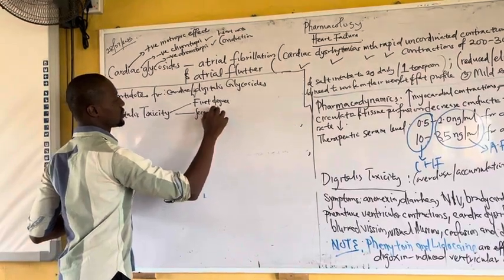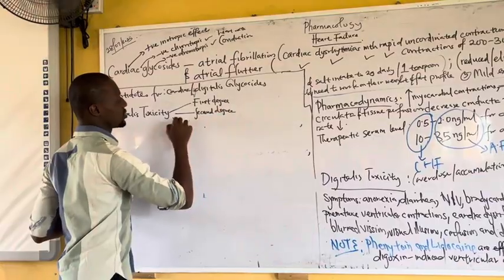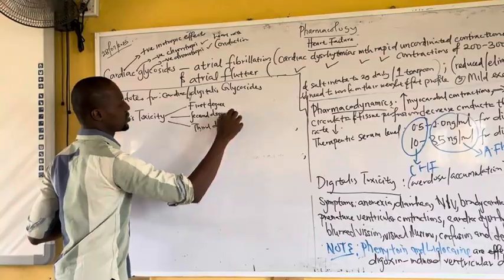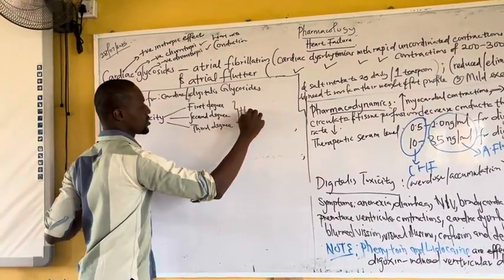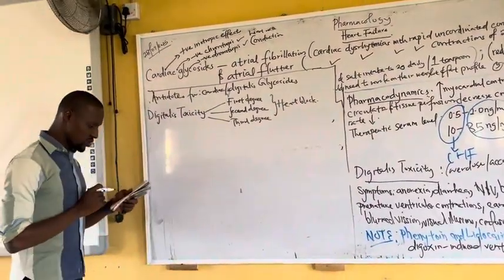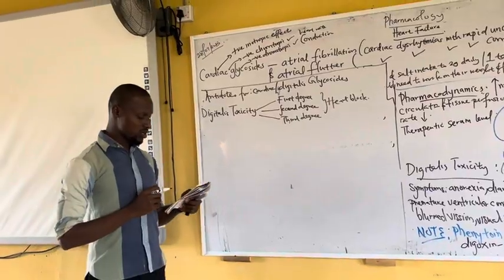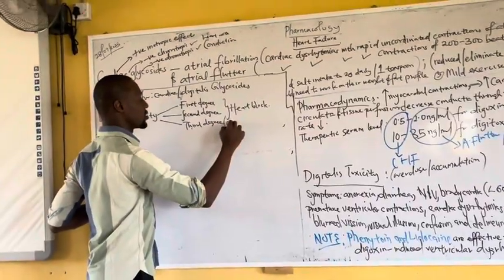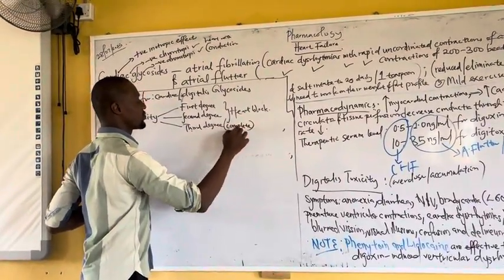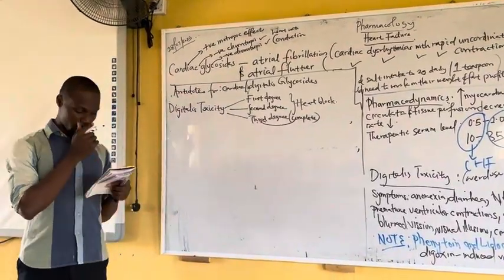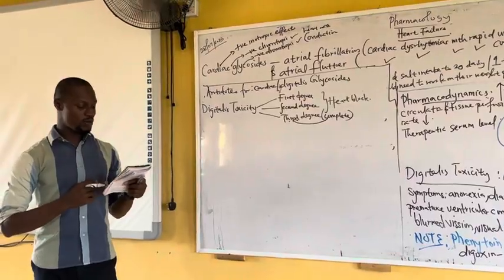The third one is called complete heart block. So digoxin immune Fab,